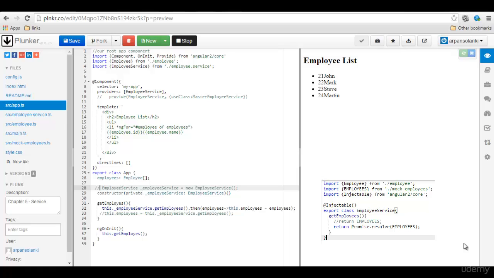Now we have employee service over here that returns a list of employees. Now let's say we have a master employee service which returns employees who are over the age of 30. So if I want to iterate over the list, do I have to write a new component? And the answer to that is no, and thanks to dependency injection,